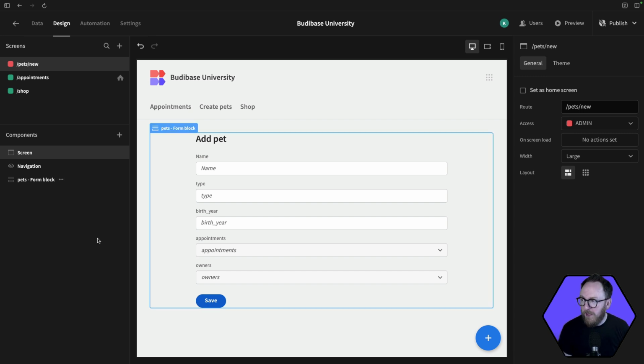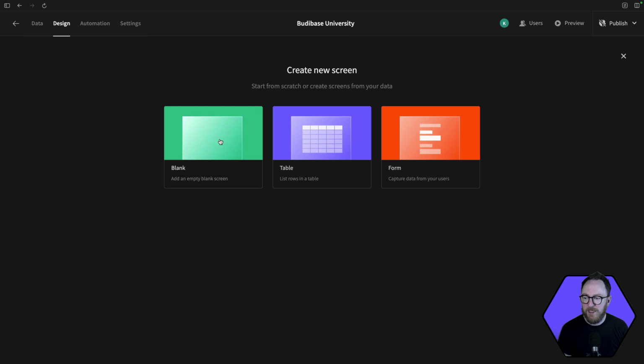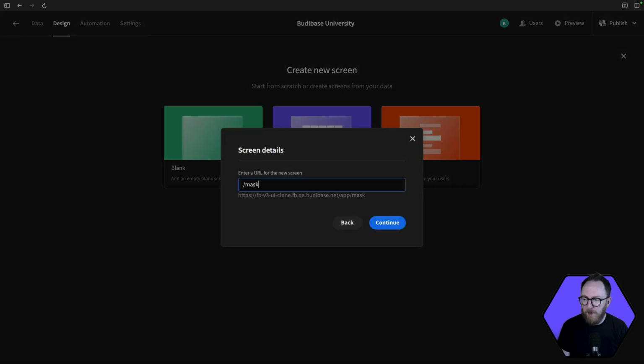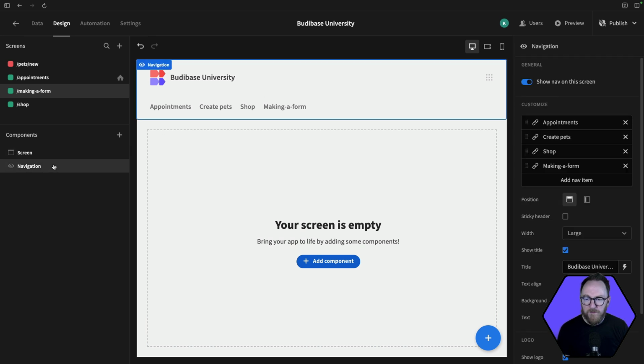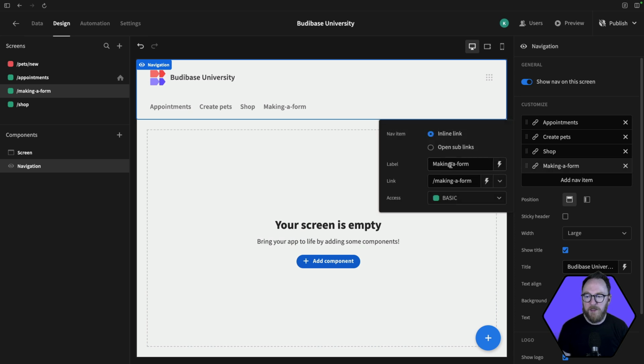I'll create a new screen, so plus, I'll be a blank screen this time. I'll just call it making a form. When I create a screen, I automatically get a navigation link created. And you can see for multiple words, it separates them with hyphens. So if I click into navigation, find that particular link, I can change it to be something a bit more